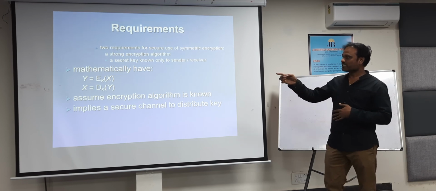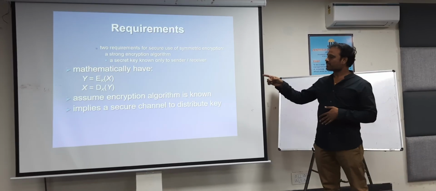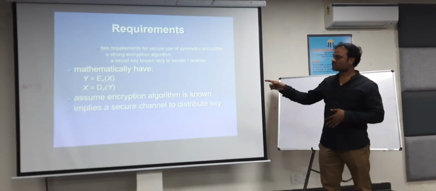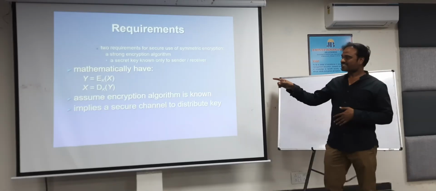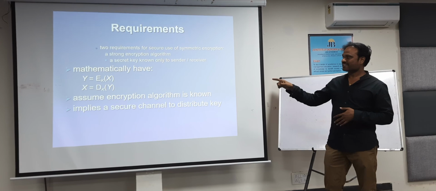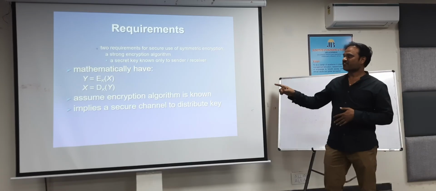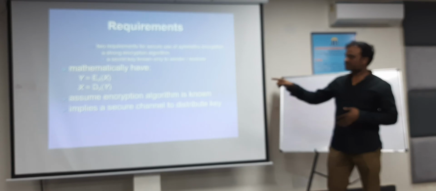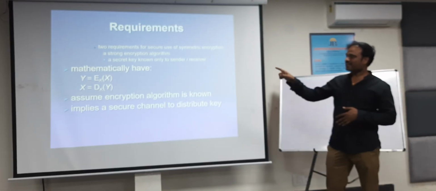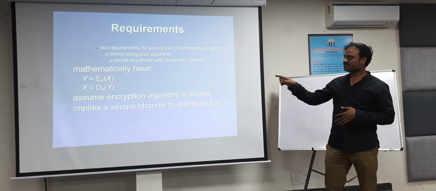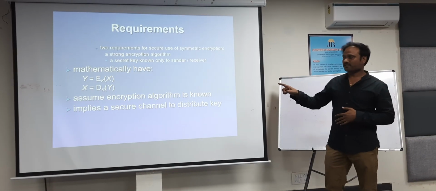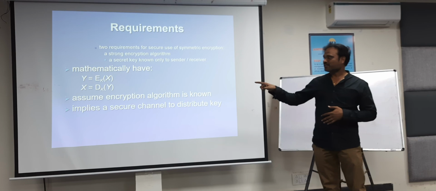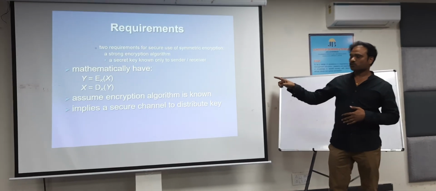We can also represent converting plain text into cipher text mathematically: y = E_k(x). Here x is the plain text, x and k are the inputs, so E_k(x) equals y, and y is the cipher text. Or you can take P as the plain text and C as the cipher text. That is the equation y = E_k(x), converting plain text into cipher text. Next, the reverse of that is decryption: D_k(y) = x, that is the plain text.